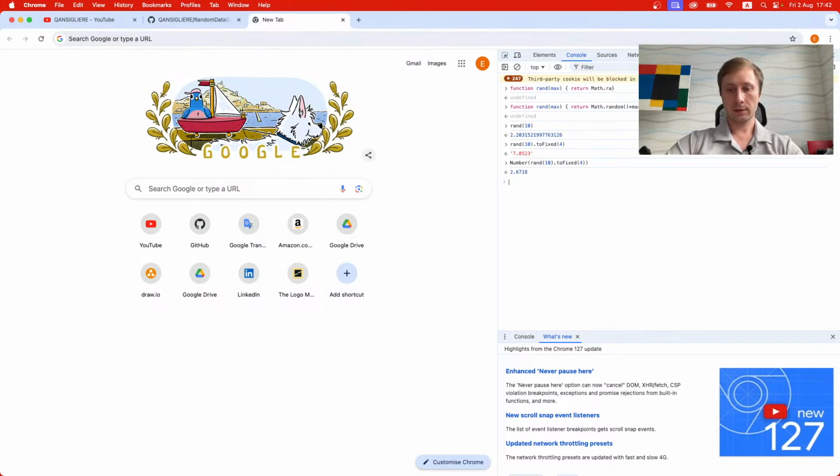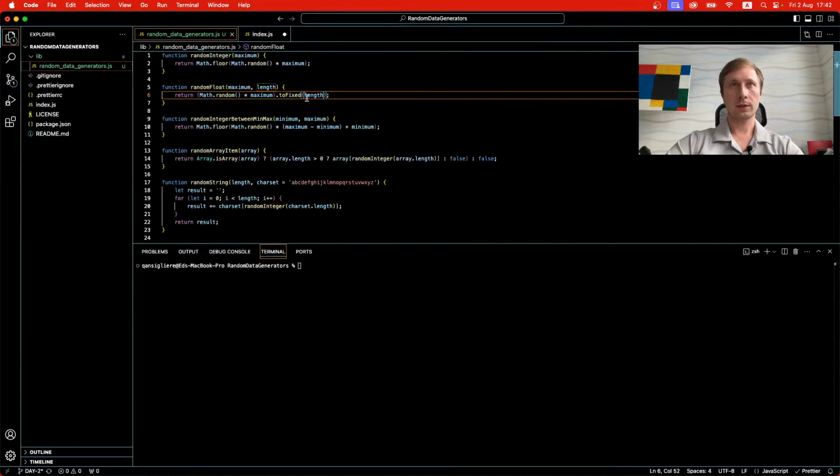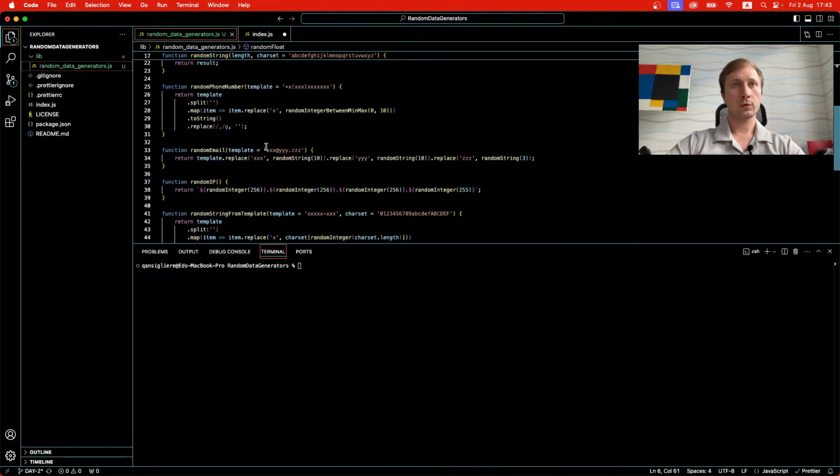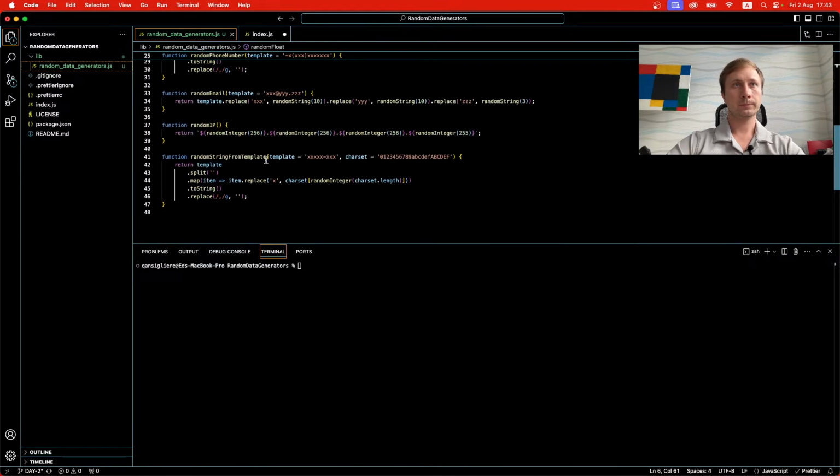So let's apply these methods here in our function. Let's write Number, Math, from. Done. Okay, and the next function I want to create will